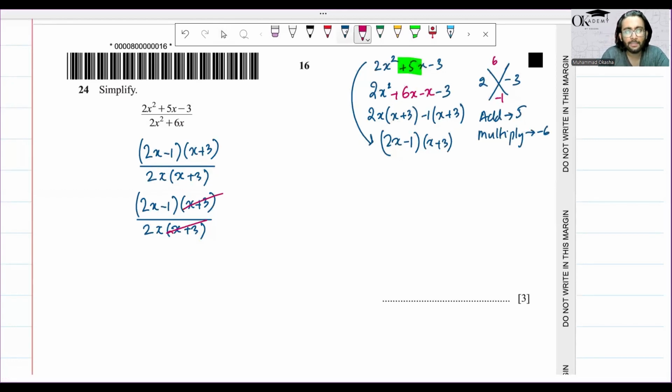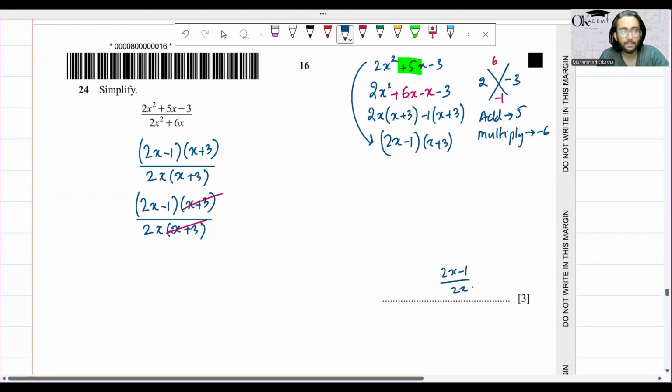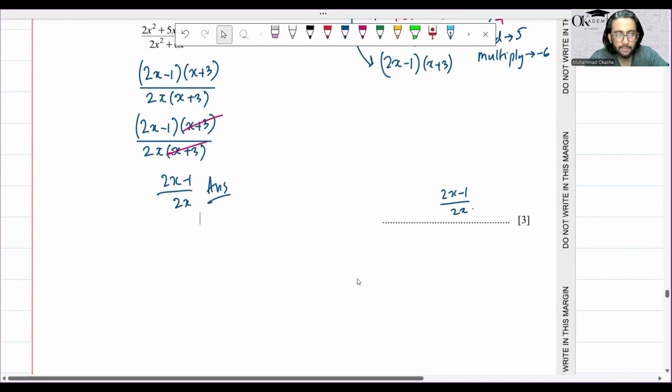So x plus 3 will be cancelled out, and I'll be just left with 2x minus 1 divided by 2x. So 2x minus 1 divided by 2x. If you want to further simplify, I mean, this is the answer. This works. But in case you're curious and want to further simplify, you can do it this